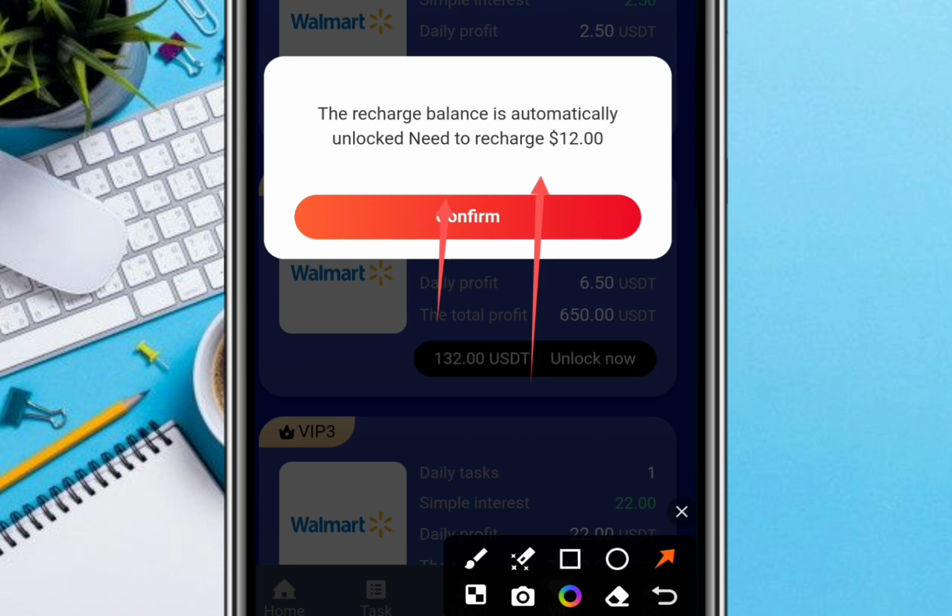Okay, so I am going to make a separate video recharging my account, investing, and then after my withdrawal, I'm still going to make a video showing you my withdrawal and how much I was able to receive or earn